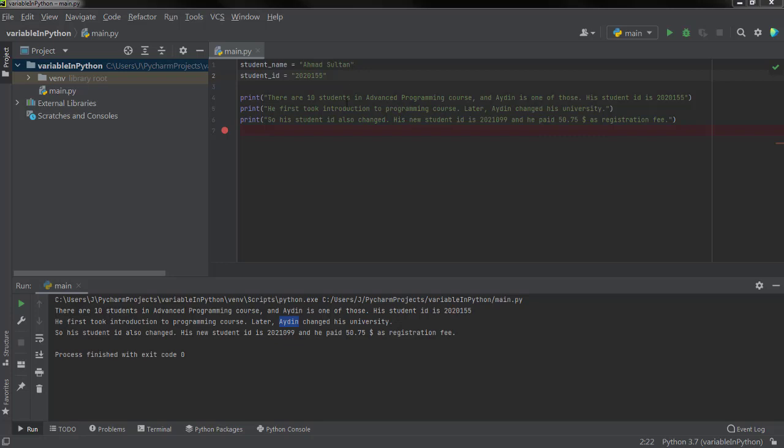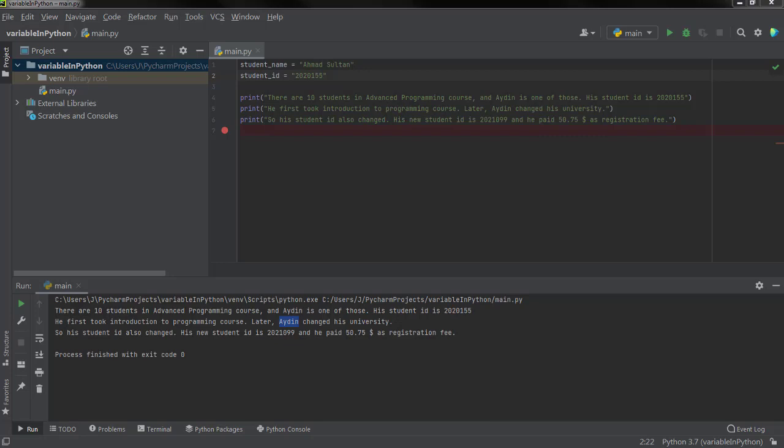So when we create a variable in Python, we actually have to give a couple of pieces of information to Python. The first piece of information is the name of the variable. In other languages, when you are defining a variable, you might have noticed that you first have to define the type of that variable. But in Python, you don't have to do that. That's why Python is so simple.